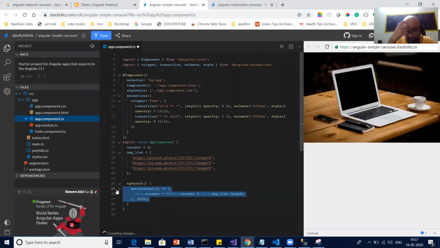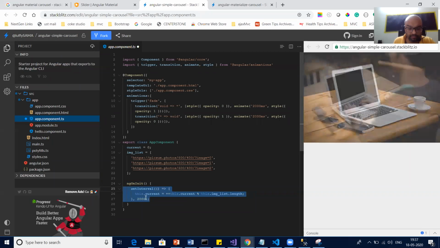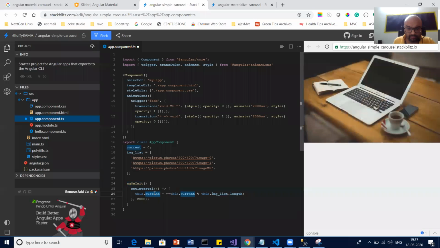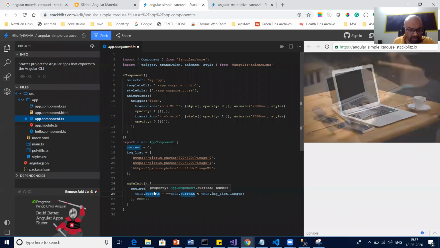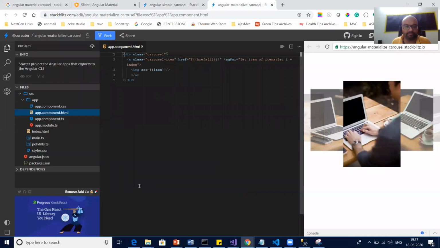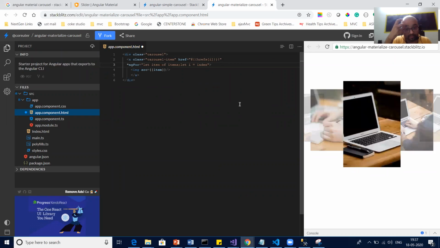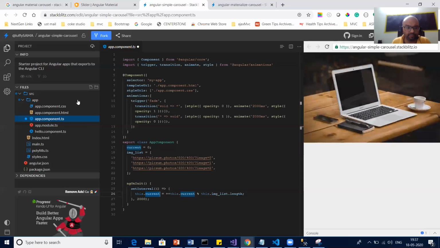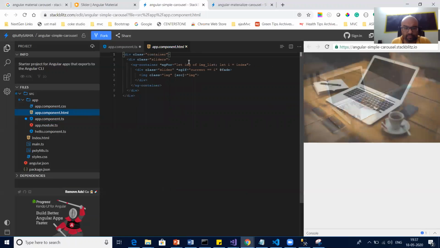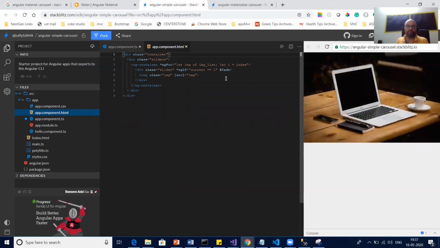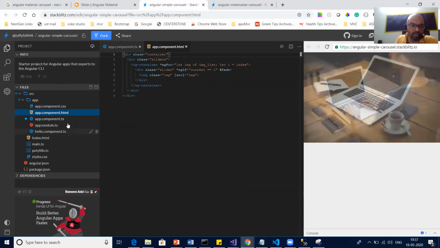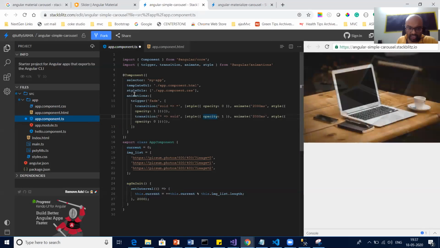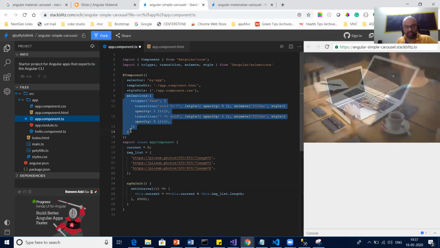Something dynamic is happening, so I'm just checking how they're doing it. Current. No, not required. Okay, so let's add animation and check.